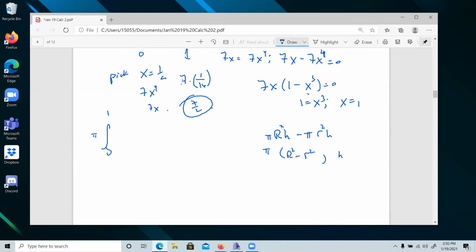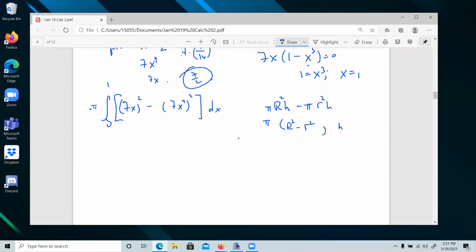Okay. So we have pi. What's my outside function? That was 7x, squared, minus what's my inside function? 7x to the 4th squared, dx. Again, not terrible integrals. Not terrible integrals. It's pi, 0 to 1,